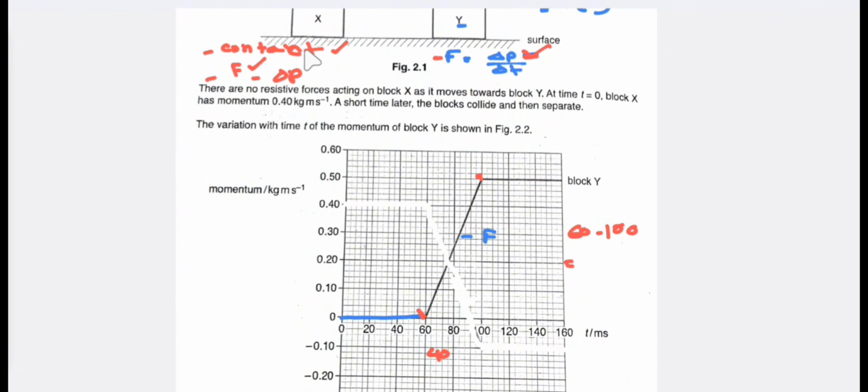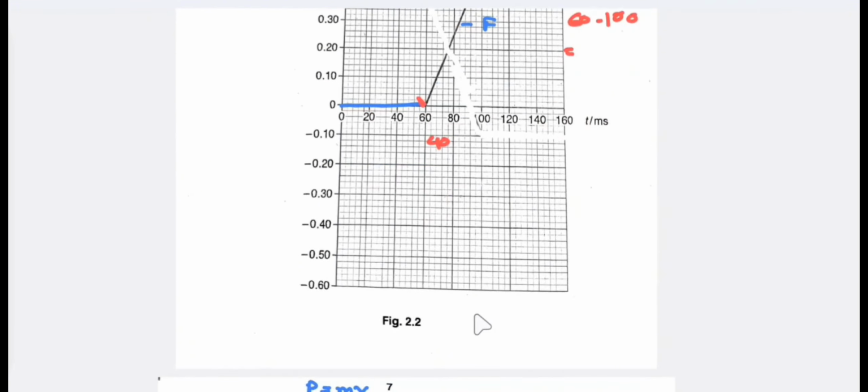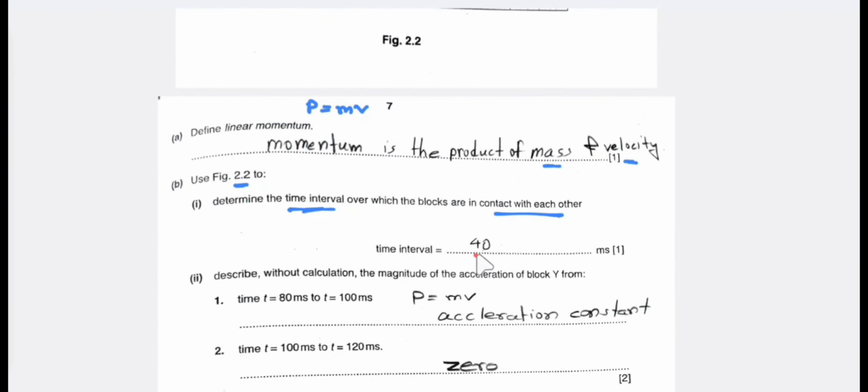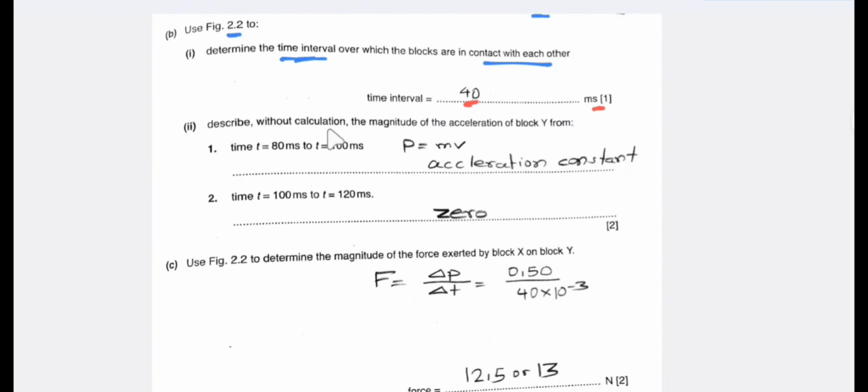So the force is acting, therefore the blocks are in contact from 60 to 100 milliseconds. That is a time interval of 40 milliseconds. Then describe, without calculation, the magnitude of acceleration of block Y from time t = 80 milliseconds